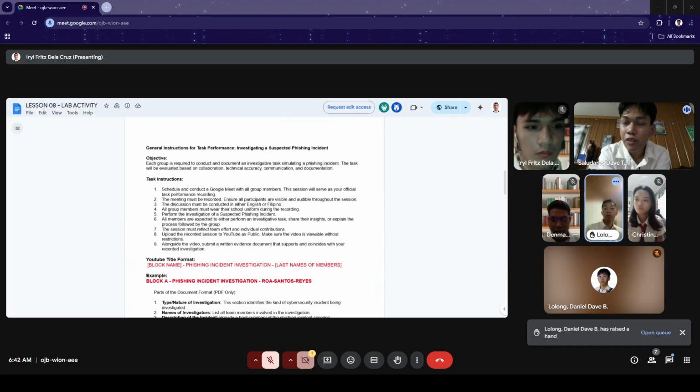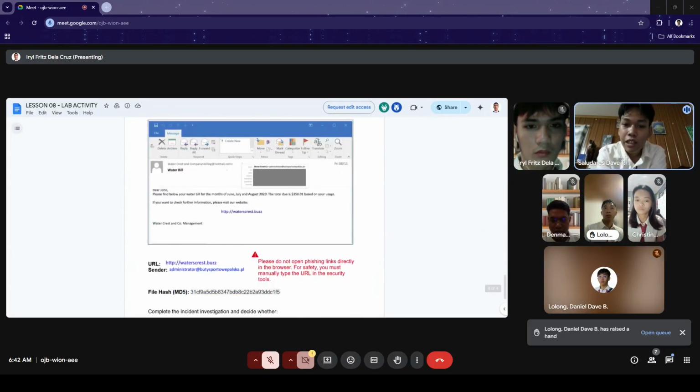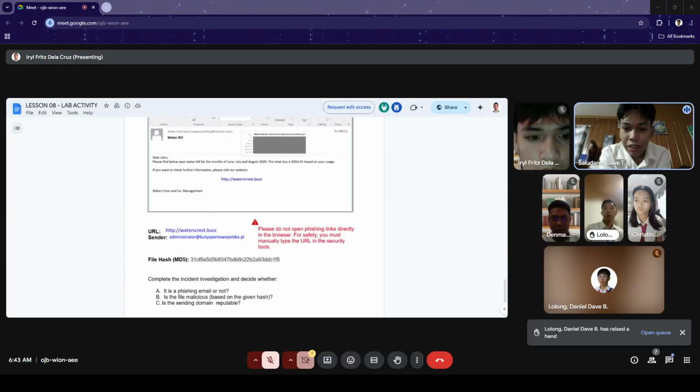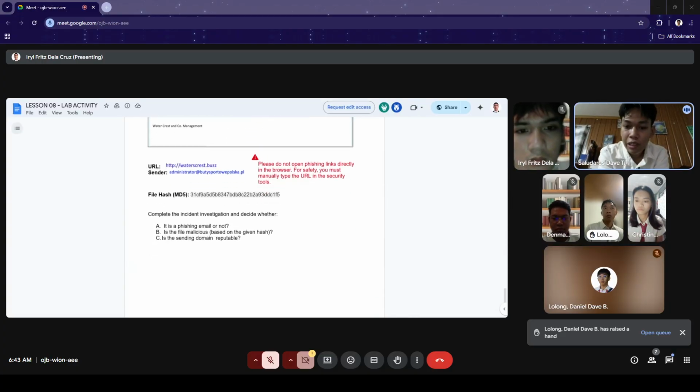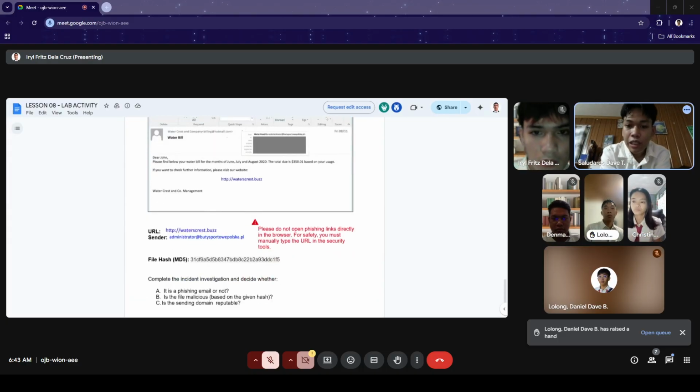For our first scenario, after you click the link, the attachment might install malware such as Trojans, keyloggers, and ransomware. It will create a backdoor in your system or computer. It might also install a keylogger, which will record everything that you type, like your password, your credit card, all your information. Ransomware will also lock the files and demand payment from you.